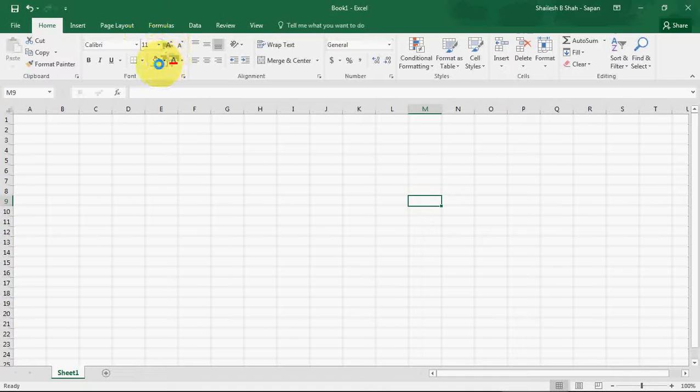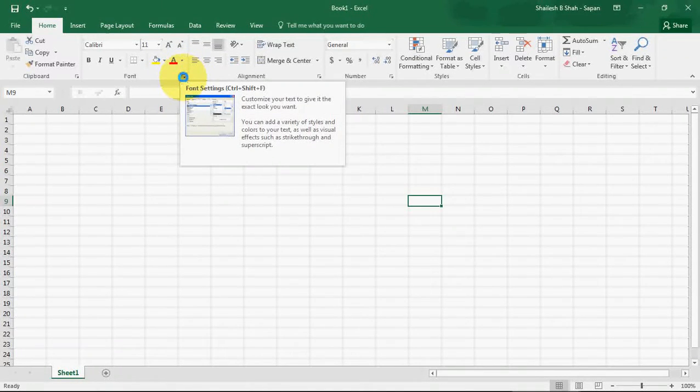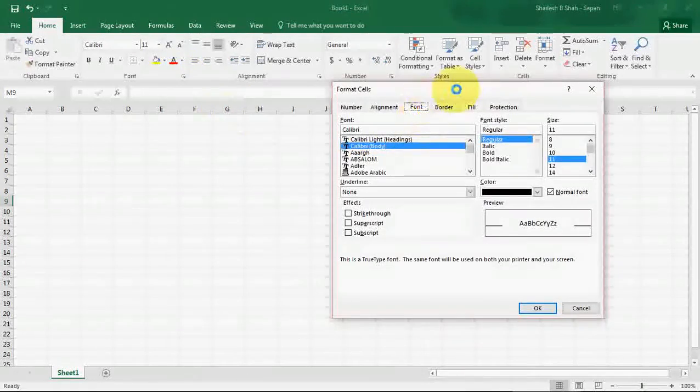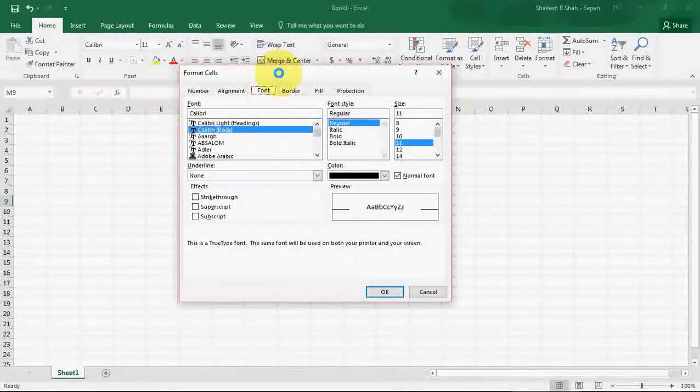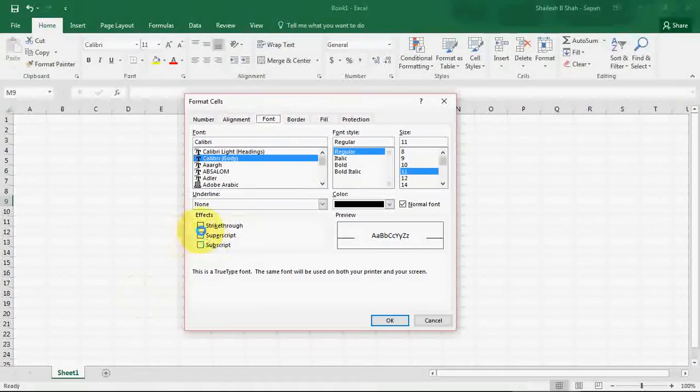These commands are not here. If you want to find those commands, if you want to launch that older dialog box, you can click over here. This icon gives you the facility to launch the older dialog box of font settings. Here you will find all the commands related to font settings.